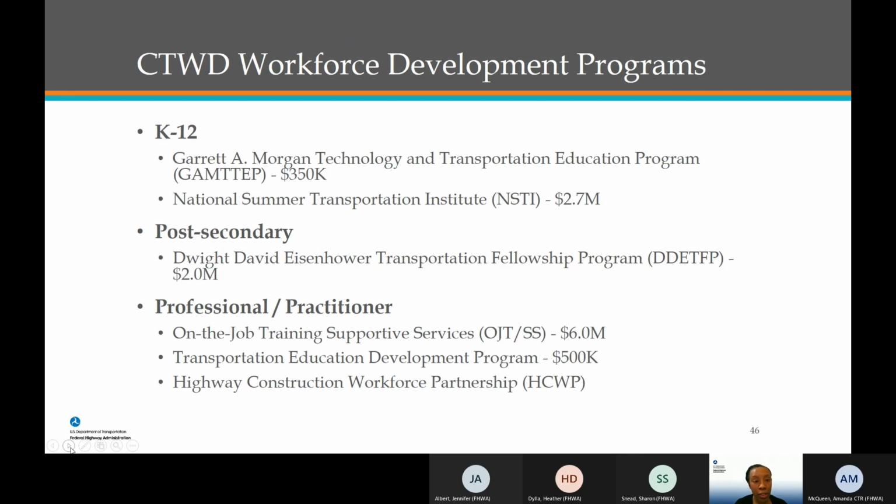Some opportunities are listed here, and I think it's very important to note that we don't just start when folks are adults. As a part of this program, we have programs that start as early as middle school and high school, through college, undergrad and grad. And I'm happy to say that I'm a product of some of those programs.